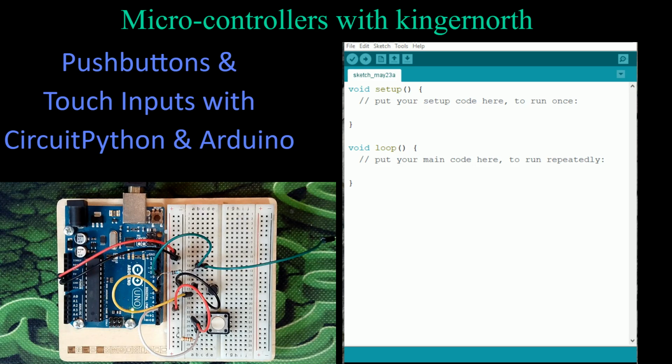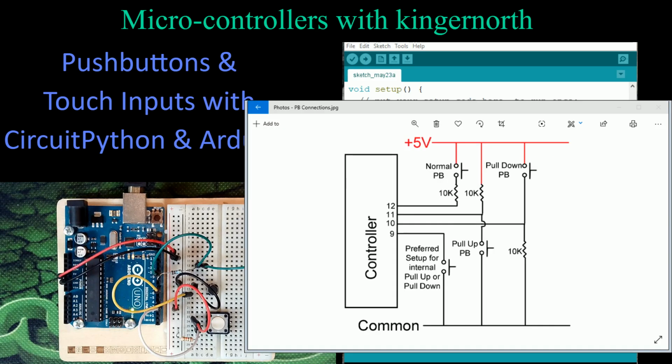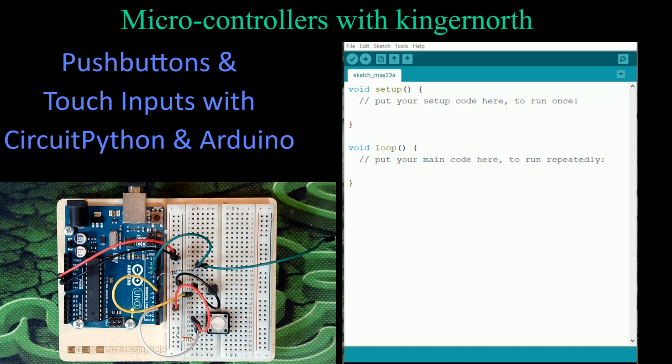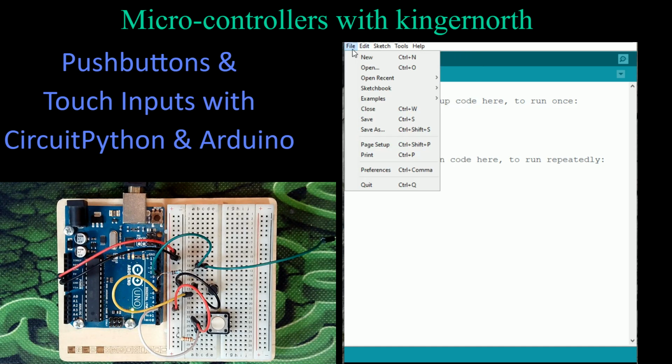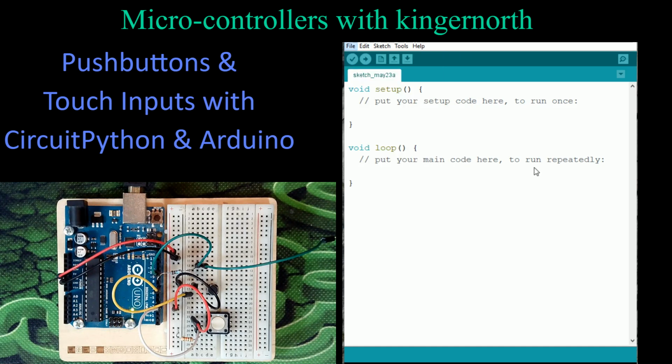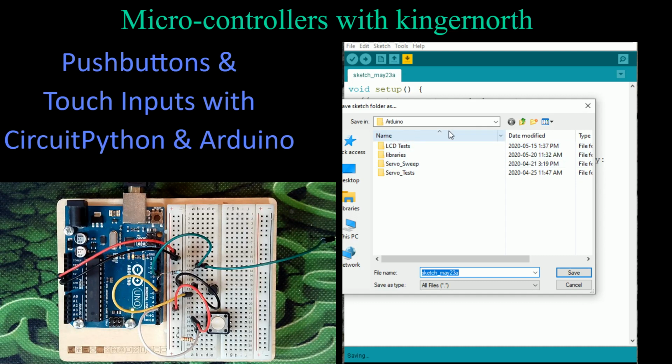So if I went back to this other drawing, what I'm connecting is number 10. I'm doing the input as if it's wired the way it shows here on number 10. So let's create some programming for this. For the first thing we have to do with our Arduino sketch, of course, let's save it, and let's create a new file here. So I'm going to go File, Save As, and we're going to give this a name once we get it in the right spot,